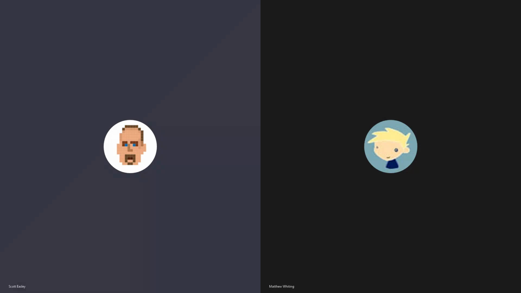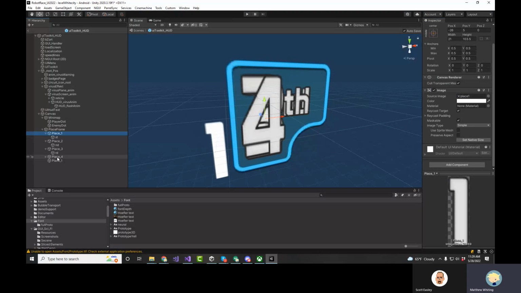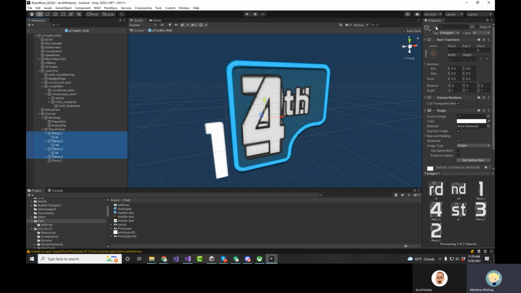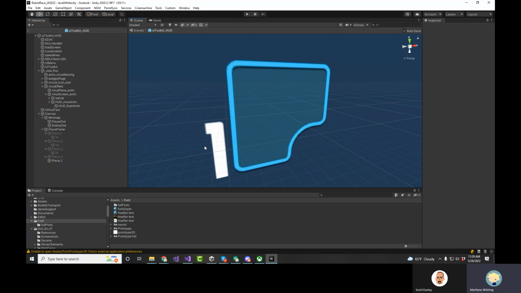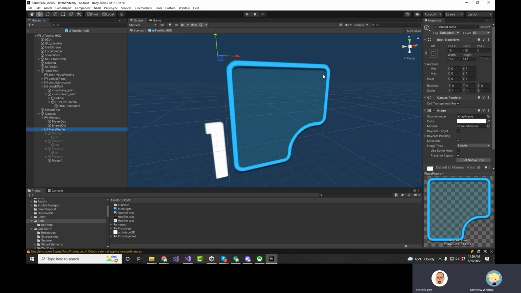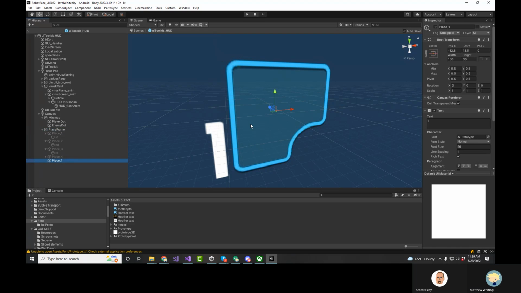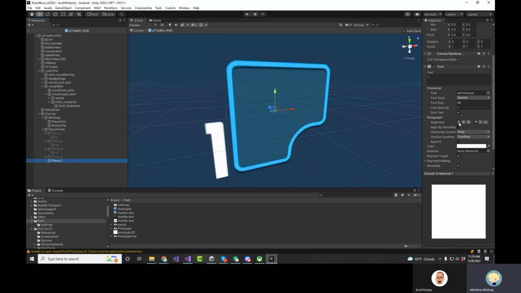Sure. So I've got this. Let's get rid of those maybe. So I got this little frame. We want to stick it in the frame. So I'm going to create a text element. I'm thinking, let's center the text element,